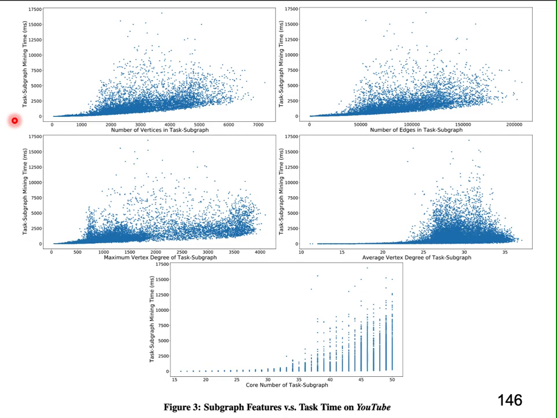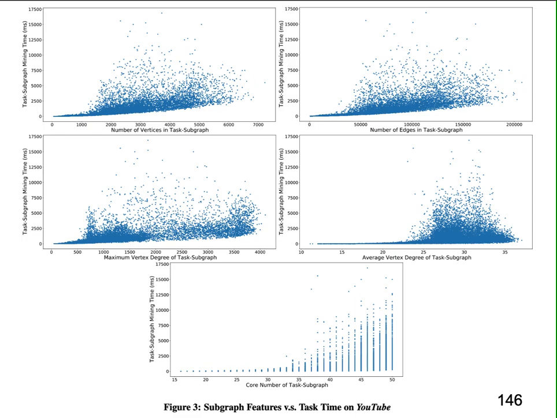In this slide, we plot how each subgraph feature impacts the task running time. The x-axis in the 5 subplots corresponds to 5 subgraph features, including vertex number, edge number, maximum vertex degree, average vertex degree, and subgraph core number. These data are extracted from the Gsynchro running profile when mining a YouTube social network for cost clicks. We can see that for about the same feature values, the time can vary a lot along the vertical direction, which is the time dimension. And this happens unless the subgraph is very small. Apparently, expensive tasks cannot be predicted from these features,